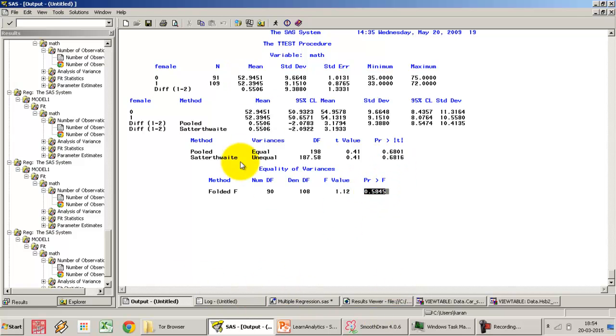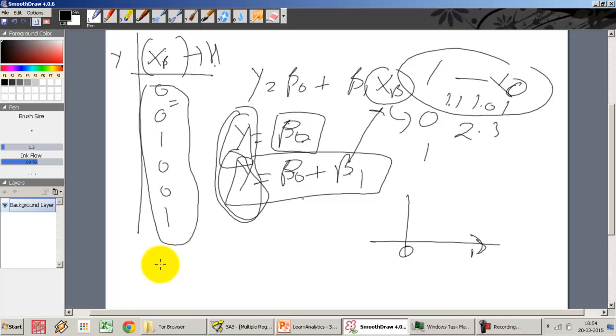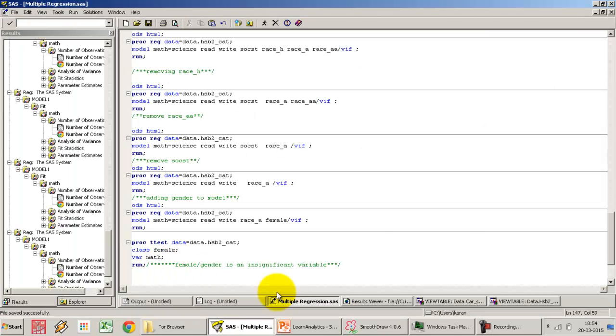So female, or gender as a variable, does not impact the math score too much. Even if I bring in female, it doesn't seem to have any impact. So we know that the female or gender variable is an insignificant variable. We don't need this variable in our model. But for demonstration purposes, it was already in a binary or one hot encoding format, so I could directly